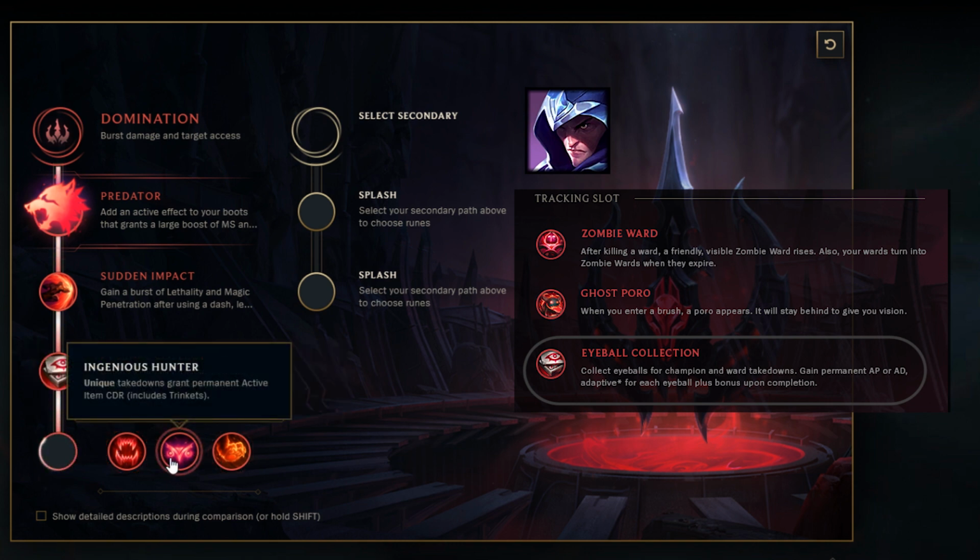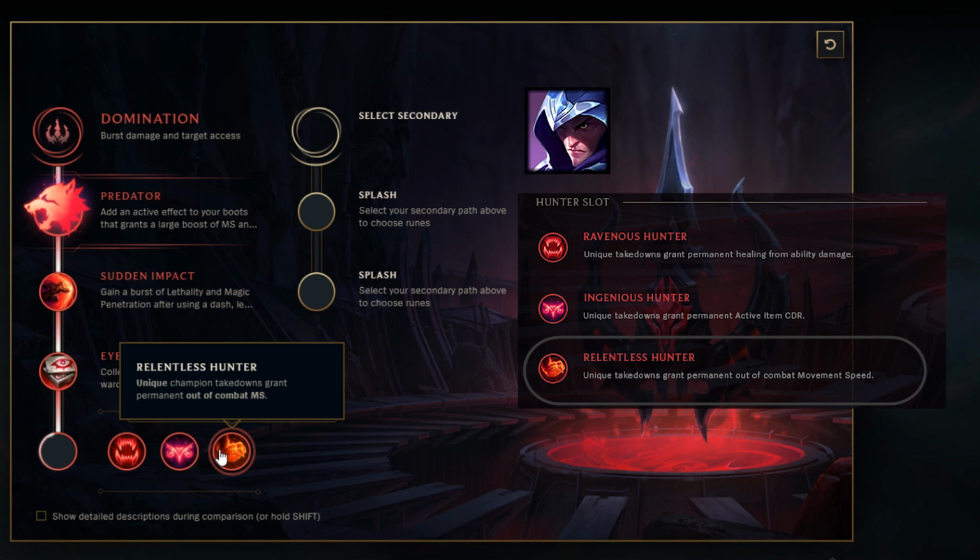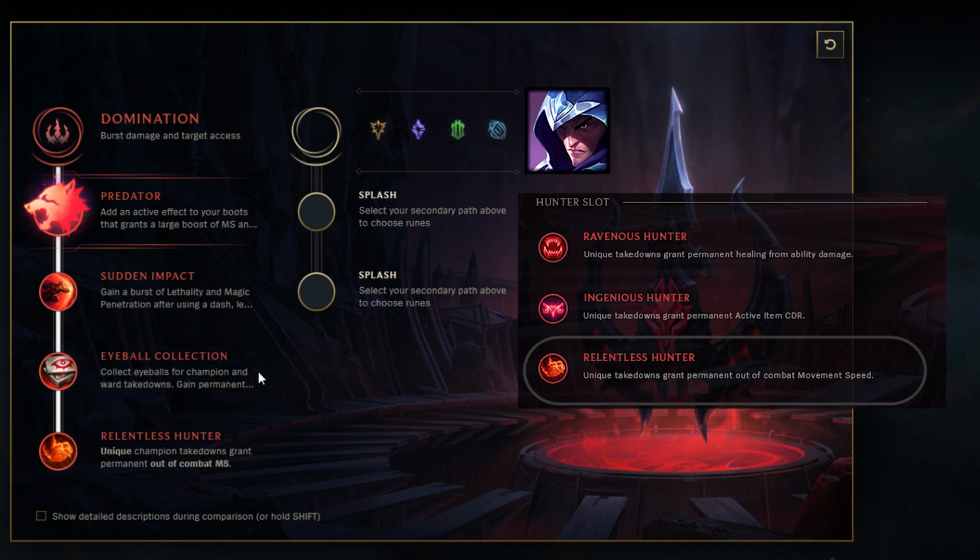And fourthly, you want to take Relentless Hunter: gain 8 out of combat move speed, plus 8 per Bounty Hunter stack. So earn a Bounty Hunter stack the first time you get a takedown on each enemy champion, and it stacks up to 5 times. You want to take this because you want to be going fast over the map, you want to be getting